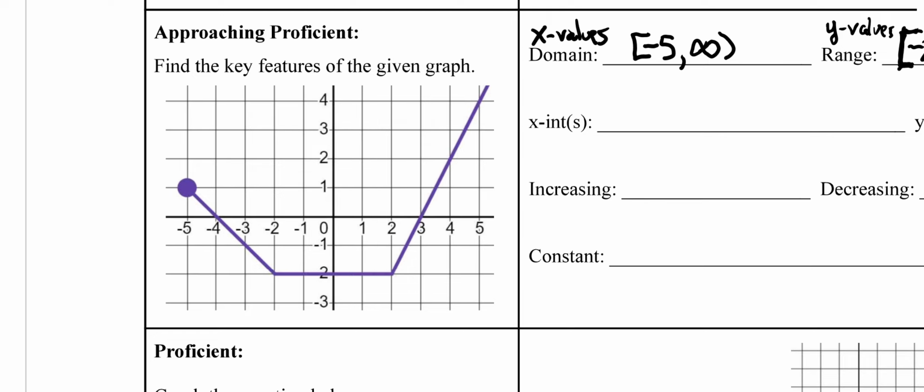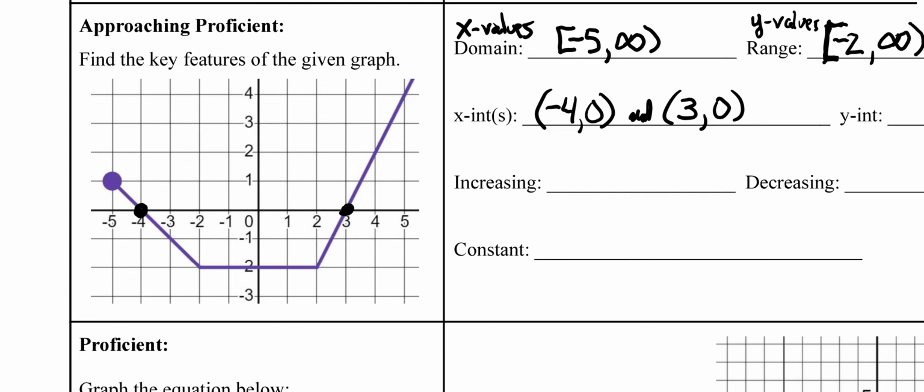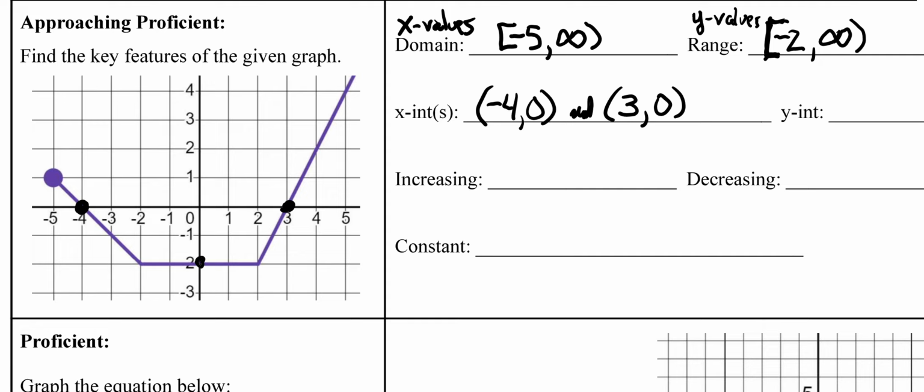All right. So now the x-intercepts. Where does this cross the x-axis? It crosses right there, and it crosses right there. And so we'll just list those coordinates. That's -4, 0, and +3, 0. And those would be the x-intercepts. Those are the only places that this crosses the x-axis. It could cross more, it could cross not at all, but this one crosses at those 2 points. Now, y-intercept. It crosses right there at 0,